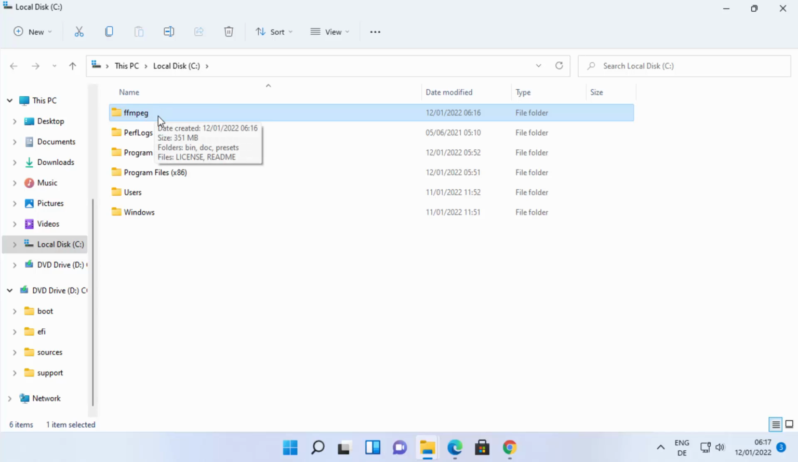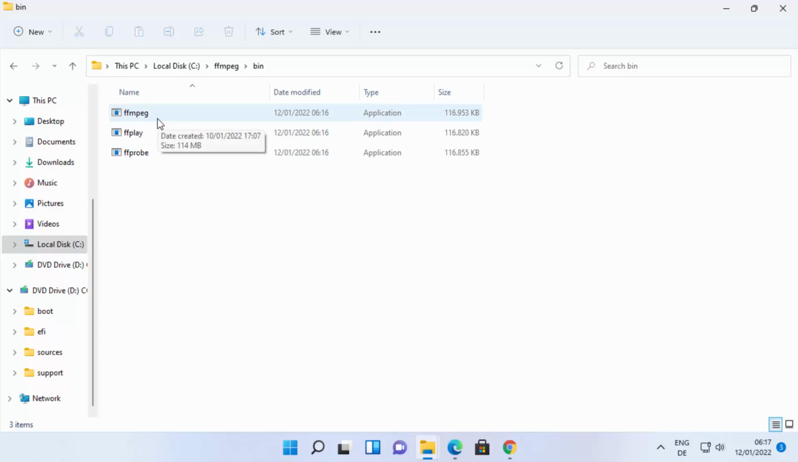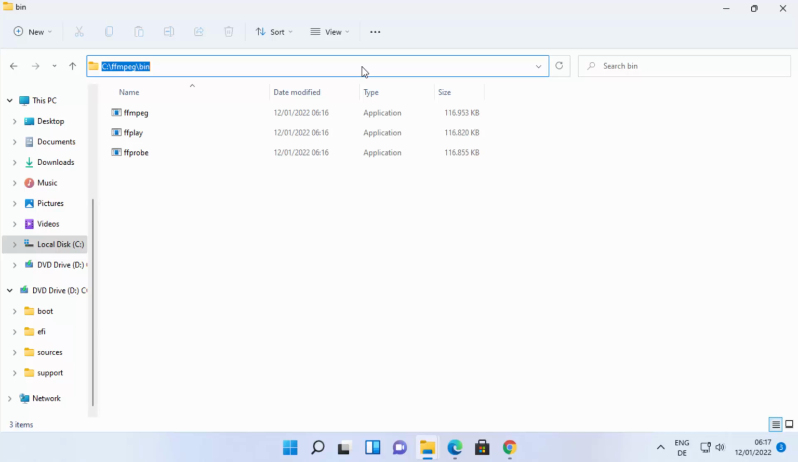So I just rename this to FFmpeg, and then I can use this library, right? When you go inside this FFmpeg directory and then go inside this bin directory, you will be able to see this ffmpeg.exe file. Now, first of all, before using it, we will set the environment variable for this FFmpeg binary file